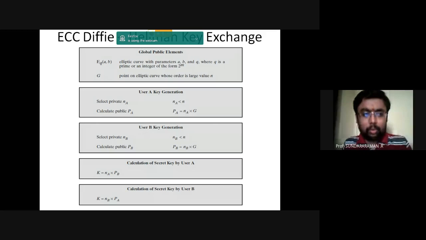But given point Q and point P, we have to reverse engineer to find out the scalar k, because scalar k has to be known for some computation. That means if you perform some cryptanalysis to decrypt what is k, it is very difficult. That is a very difficult process in elliptic curve cryptography.